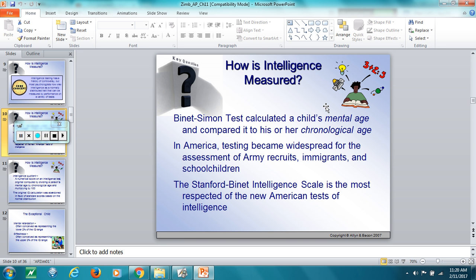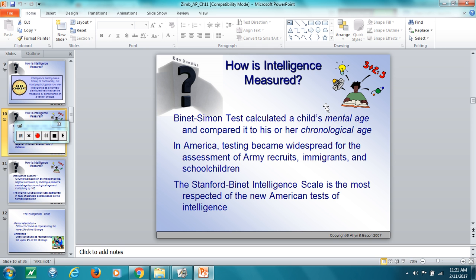And what it would do is it would kind of give the military an idea of maybe what would be probably the best occupation within the military that these individuals could obtain. One thing that we do know is that some of these tests were a little biased, and it kind of helped reinforce certain prejudices that existed in this country. And that's kind of the dark side of intelligence in this country, is that it has been used at times against people rather than helping them.